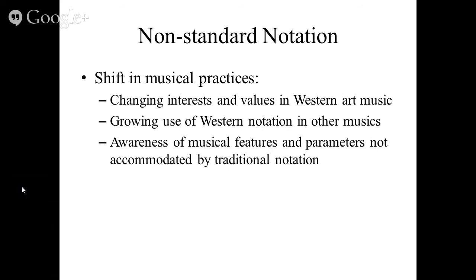So, beginning in the 20th century, composers began to pursue musical interests radically divergent from the artistic values of common practice era music. And confronted with its limitations as well as its inextricable cultural significance, composers sought to expand and reform or outright abandon standard notation in favor of new techniques that were better suited to their musical aims. Many of these techniques came to be integrated into the standard framework. So some of the things that composers started to write in the 20th century eventually came to be expected for the general musician to be able to read and write.